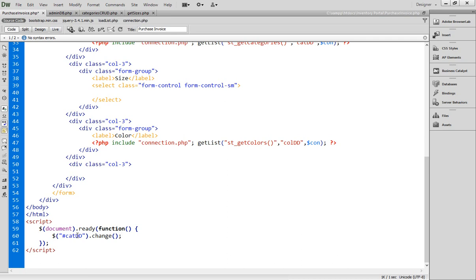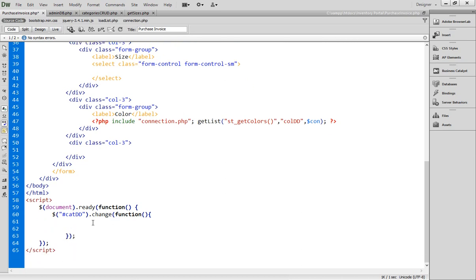When the category drop down gets changed, then come inside and pass a function and do your rest of the code. So when the selection changes on my category drop down, then this event should fire, and the functionality that is going to be executed is, let's create a variable with the name ID equals to,